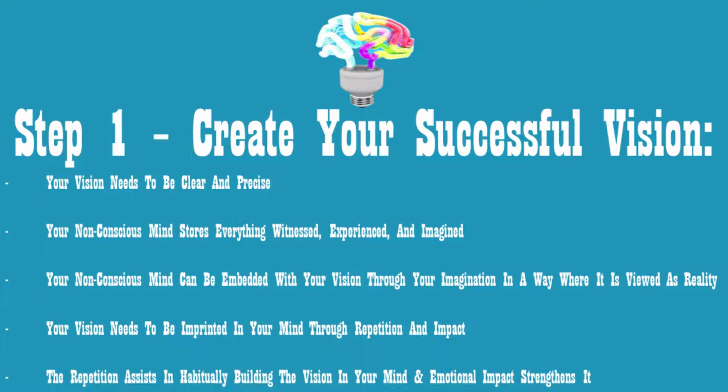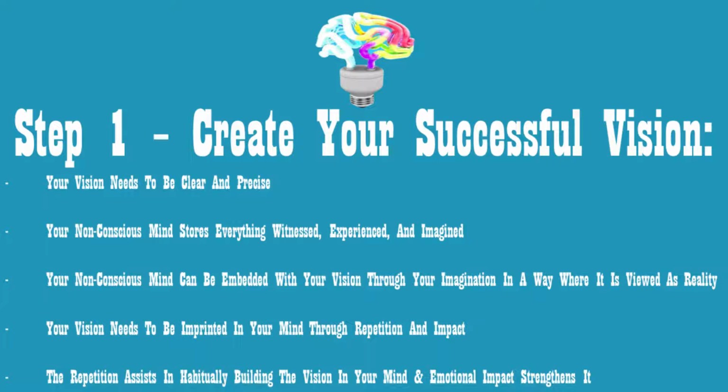And what this means is that you must create a repetitive habit surrounding embedding your vision into your non-conscious. And while repetition will create the habit necessary to bring your vision to life, there needs to be a strong emotional impact tied to that vision. And this is because there's a strong interaction between emotions and memory. So creating your vision by combining impact and repetition is really the key to taking that vision and making it a reality. It will take what you created in your imagination and make it feel so real that with time